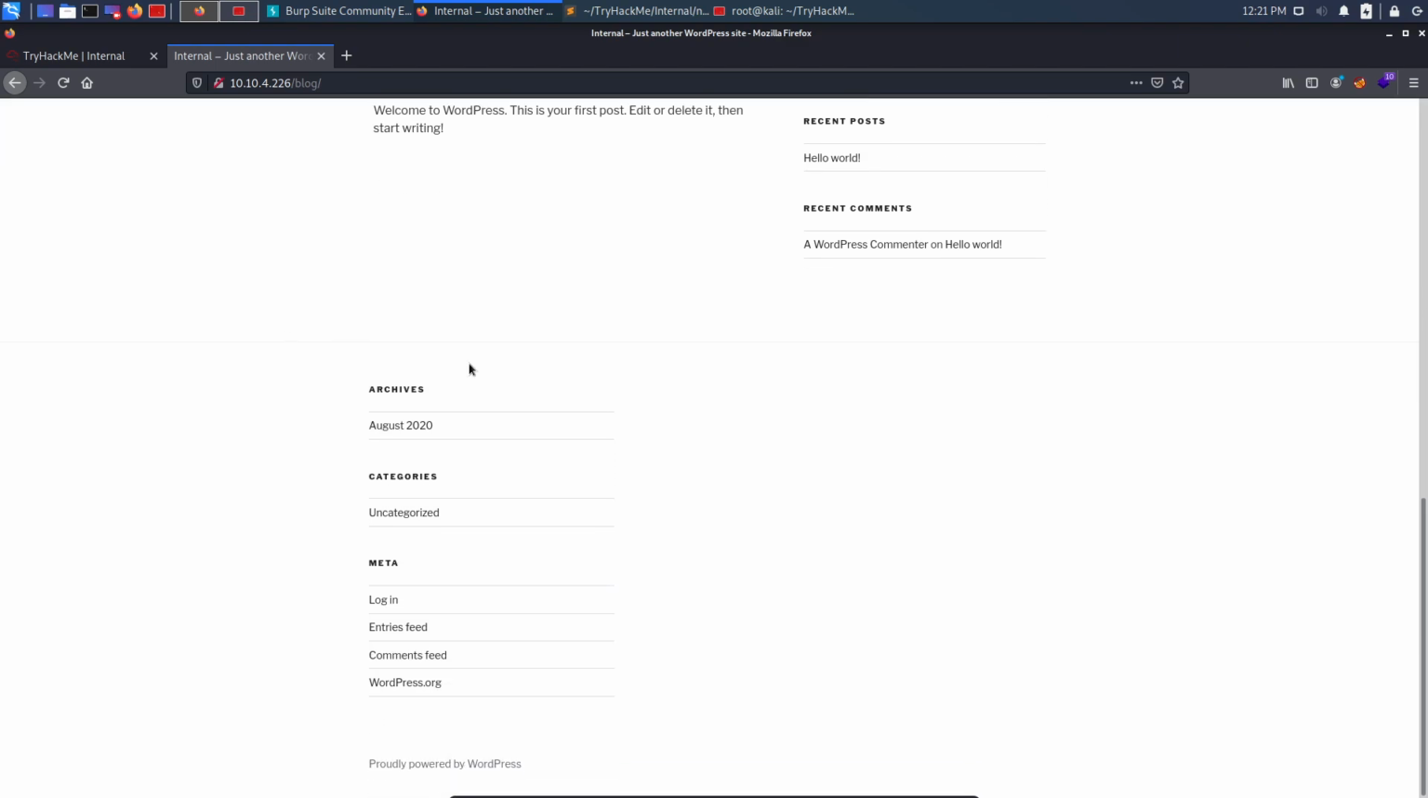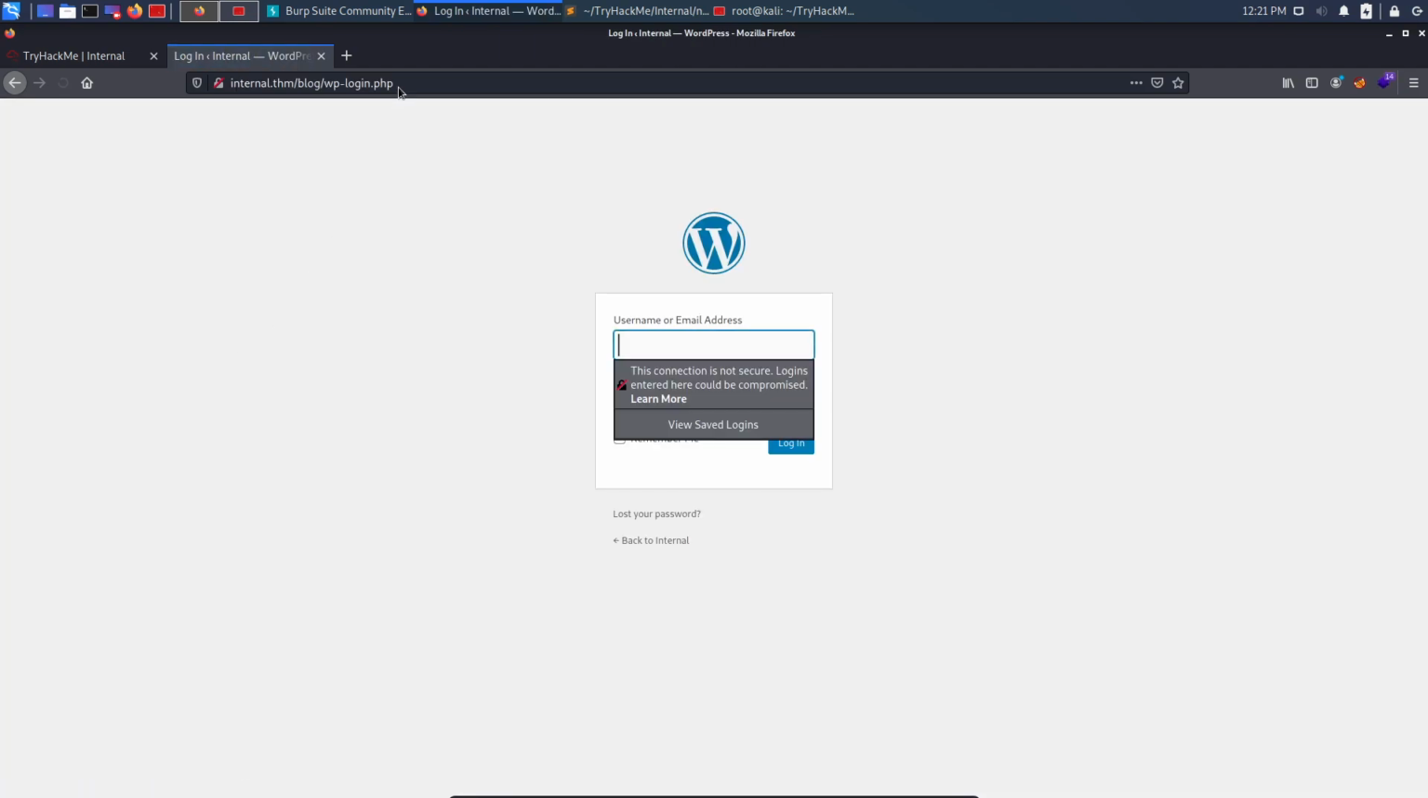Then if I scroll down, nothing interesting. We are having a login page, but now I know that WordPress is running. So if I click on login, let's see where it moves us, and it moves us to wp-login.php. So whenever I see login pages, I always go for default credentials. So let's go for admin, admin in the username, admin in the password,